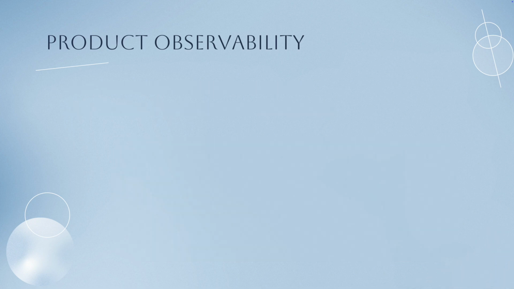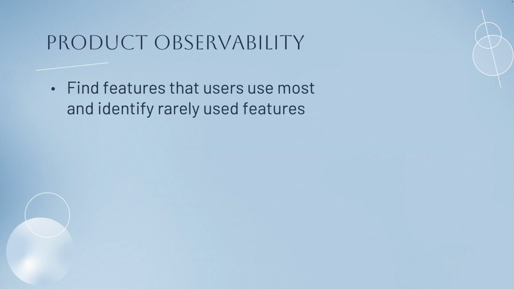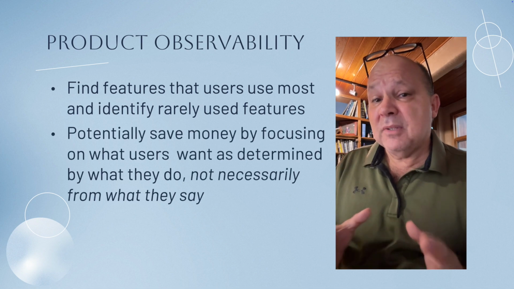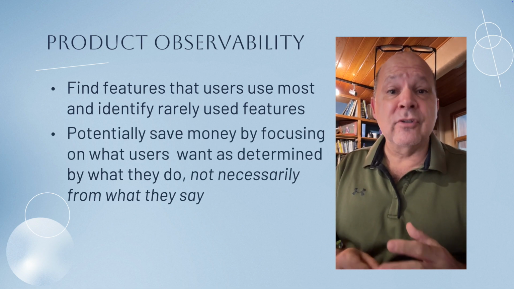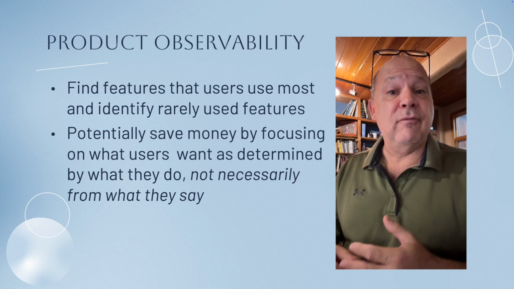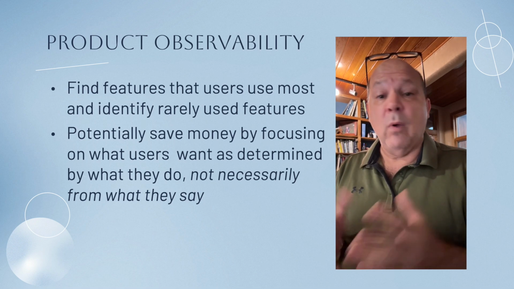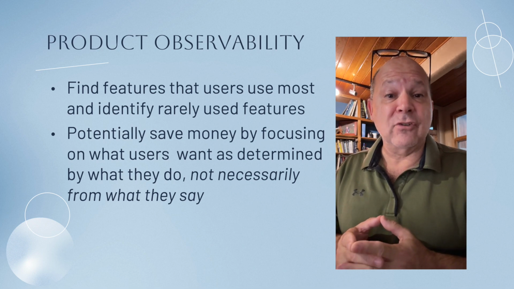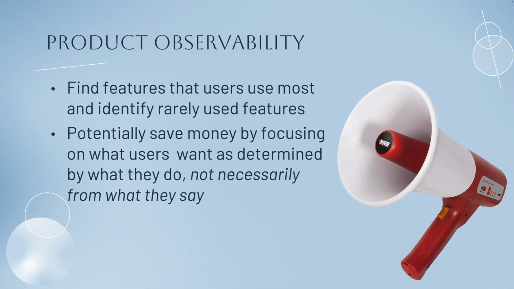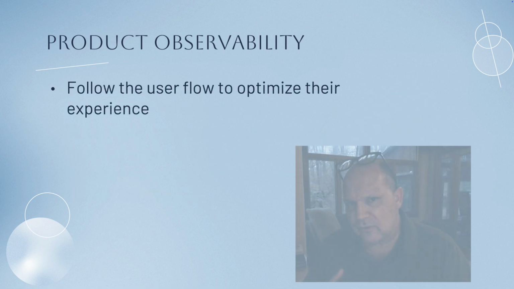And through observing how users go through a software system, we can find out what they want the most and make investment decisions on which features should we expand on and which might we eliminate if they're not being used. Why support it if the users aren't actually using it? We have to understand users might tell us a lot of things, but they really speak to us when they use the application. See what they do, not necessarily what they say. And with